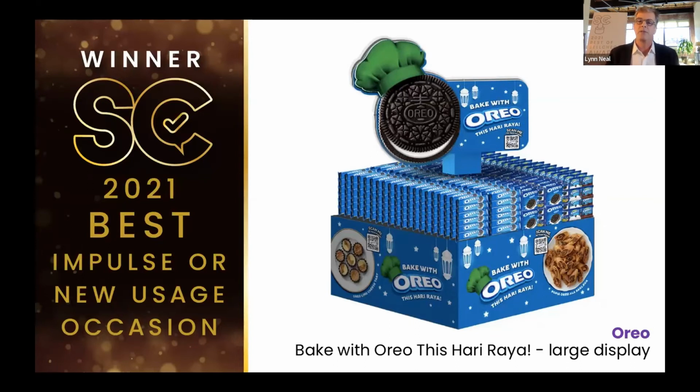Instead, it was the power of zeroing in on one that had flavor and taste appeal that says, yes, I can bake with Oreo. And then there's really something clever that they did with the QR codes here. First of all, they made them available. And QR codes are more ubiquitous. If you're looking for a silver lining to COVID amongst many others, we've been trained on utilizing QR codes. So you don't have to do a lot of explaining in the steps, but they make it available to the